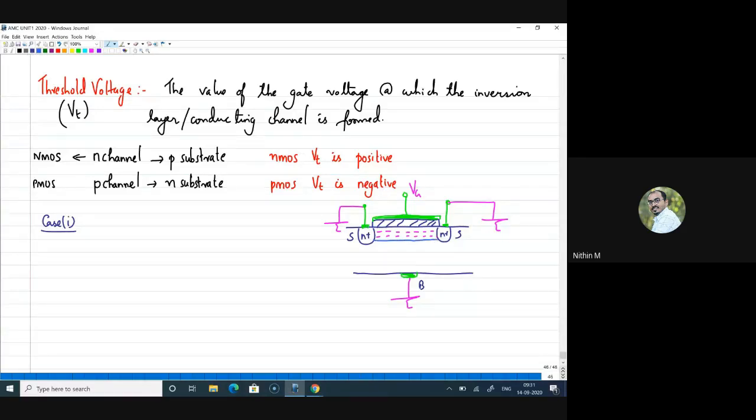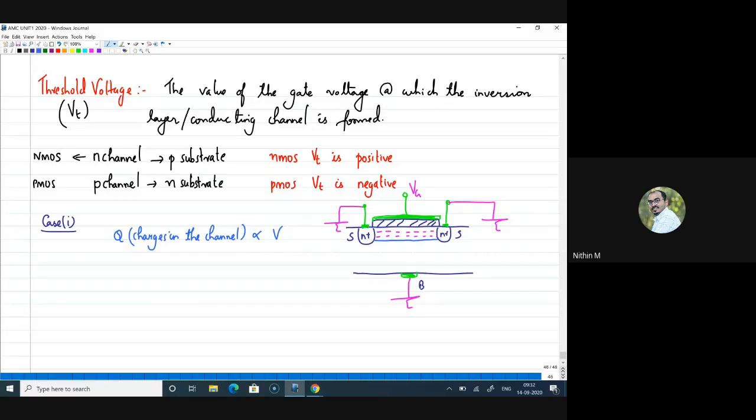Now, if you look at the charges in the channel, how can I write the charges in the channel as proportional to? I know that the charge in the channel, Q, will be proportional to the applied voltage, right? That is the basic equation we know from a capacitor. So here also it acts in the same way. The charges in the channel are proportional to voltage. Now what voltage is it?